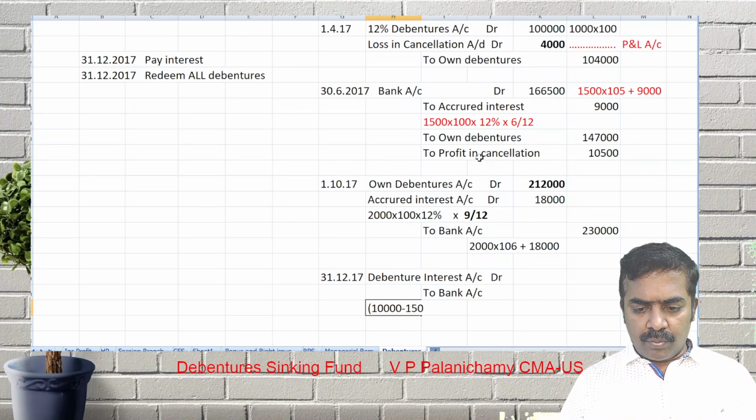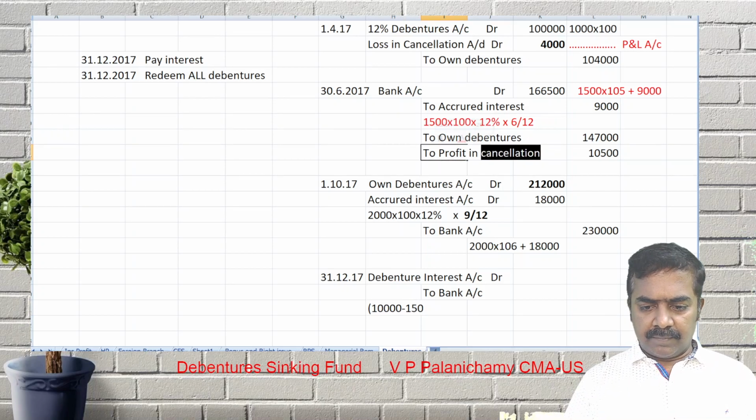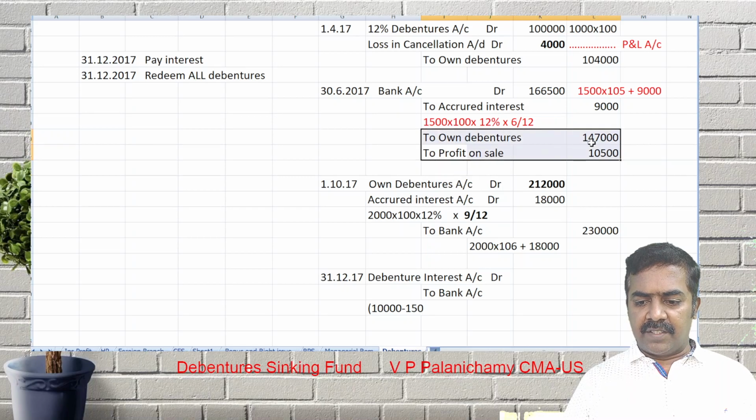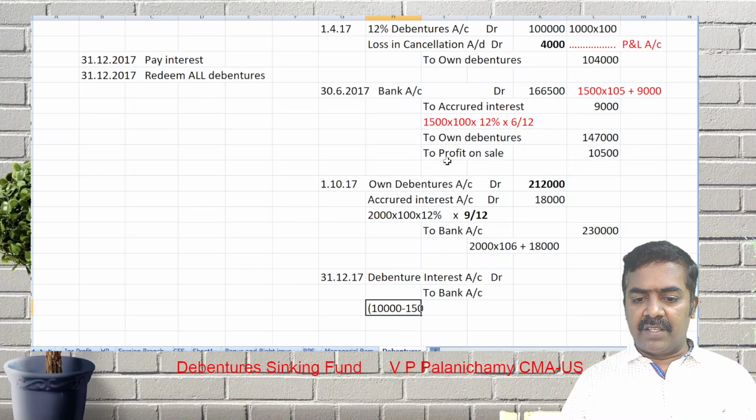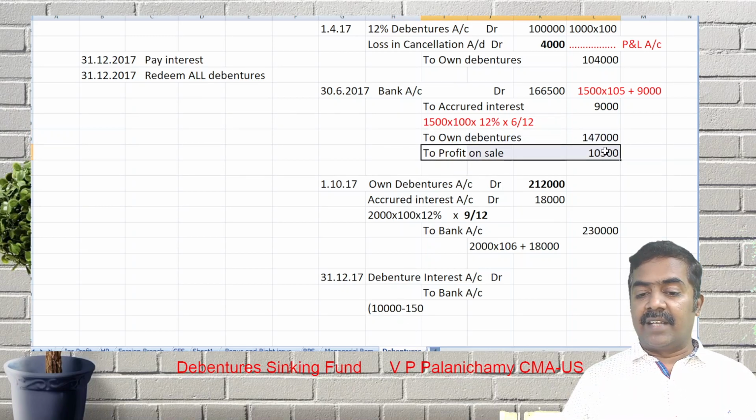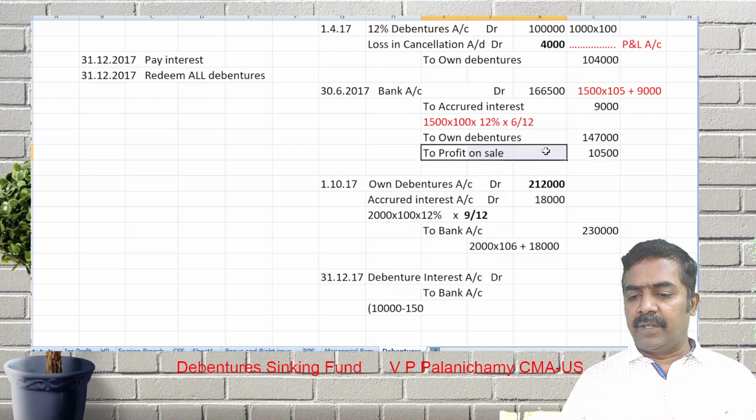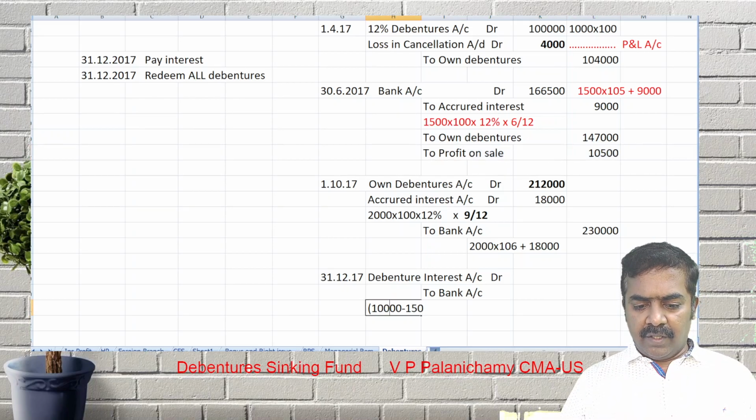ஓ, இது profit on sale. The profit on cancellation is the profit on sale. The profit on sale of investment தானே இது. It's not cancellation. Debentures cancel பண்ணல, நம்ம சேல் தானே பண்ணிருக்கோம். Okay. So